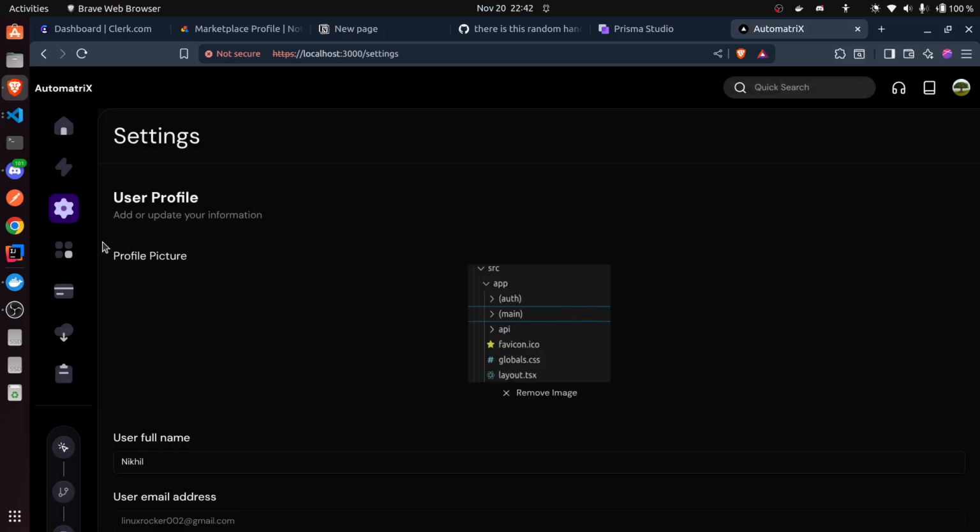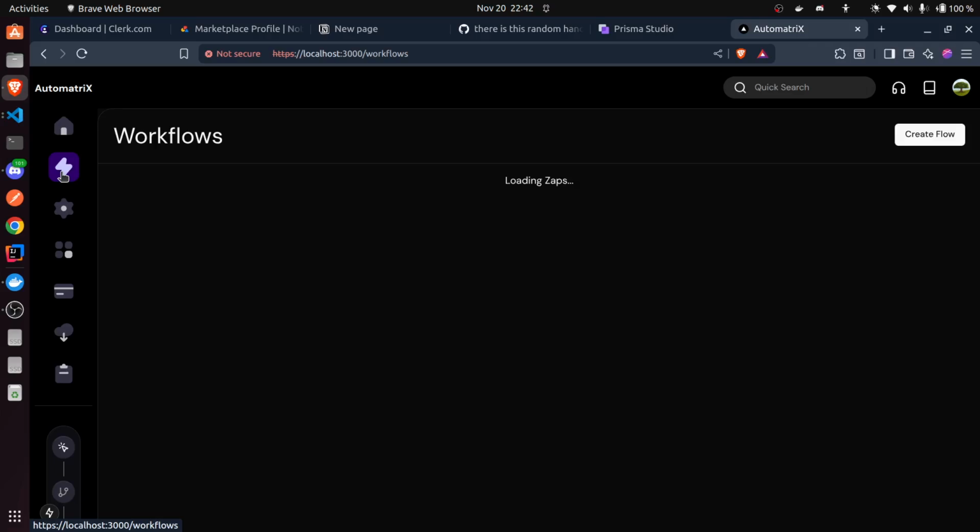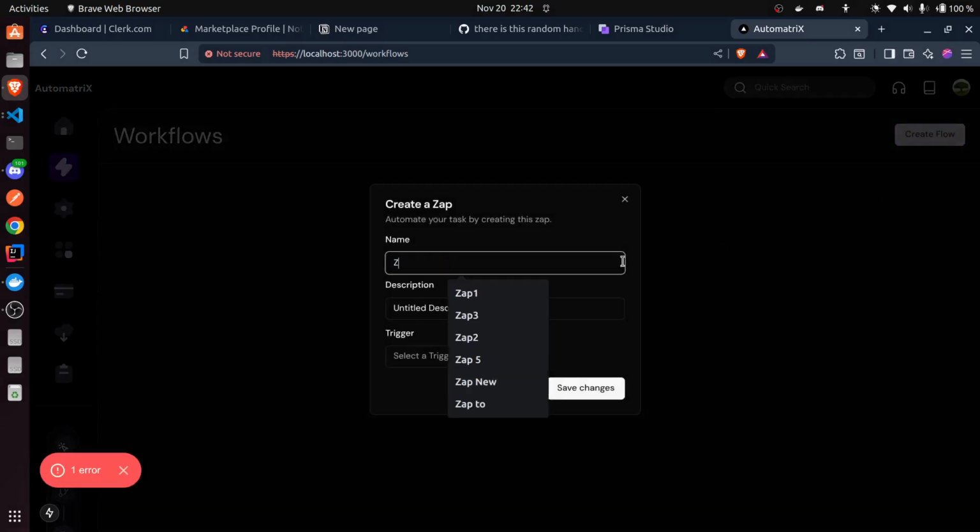Okay, now let us go to our main page, that is the workflows page, and we are going to create these zaps. So currently we have 0 zaps, as we can see here. Now let us create one zap. So zap 1,